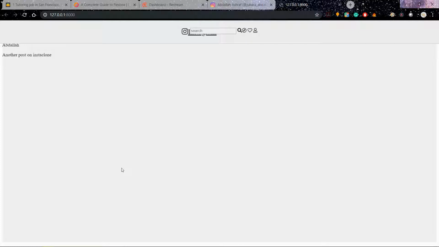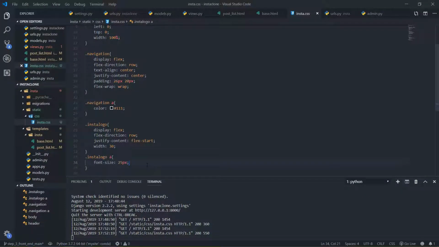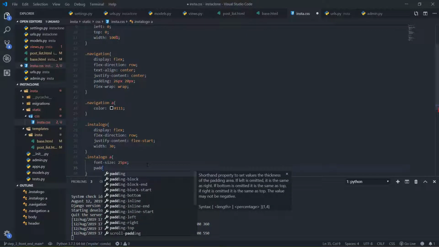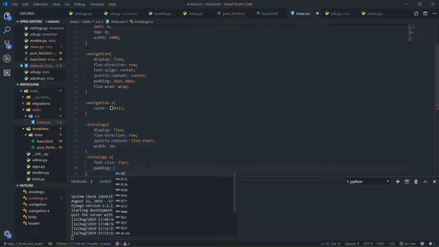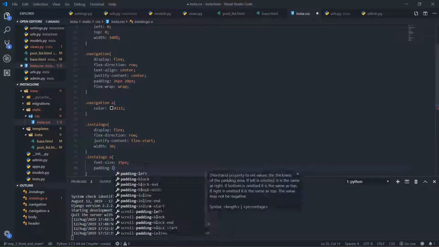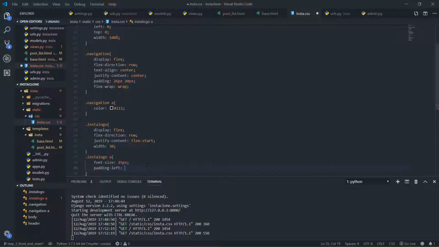Oh my goodness. Now everything looks black in color as I did, but then I need to move this to this side, move those guys to this side, and then have this in the middle. Alright, let's go back. I'm going to be adding padding to the left for all of them, which is going to be